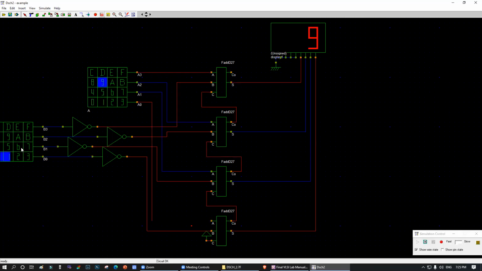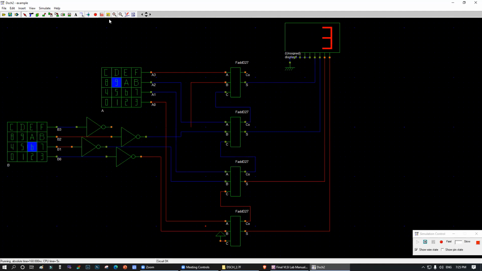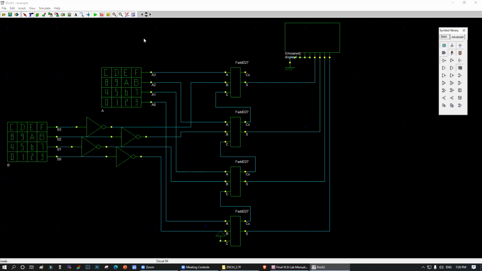So let's say 9 minus 6. Your result is what? 3. 9 minus 3, your result will be 6. 9 minus 5, your result will be 4. So this is 16, 16 minus 5. Now 15 minus 5 is equal to 10. 15 minus 6 is equal to 9. 15 minus 9 is equal to 6. Can you see that, everyone?